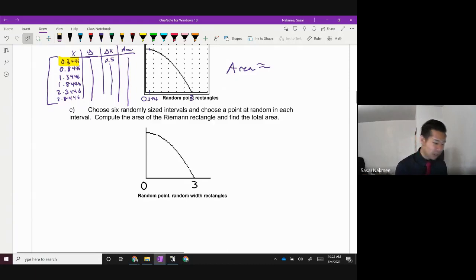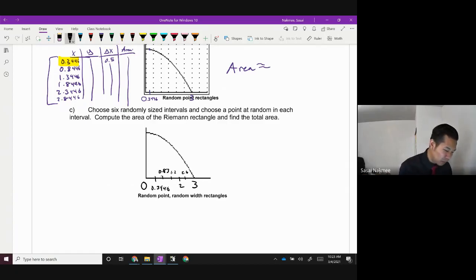For example, David already picked one, 0.3446. That's one of them, and that's going to be the height there. Emily was kind enough to give me another number. That was 2. We can go with that. And 2 would be right here. So I'd need 3 more random numbers, and you get to decide. I would go with maybe 1.7. No, let's go with 0.83. And then this one could be 1.2. And then this could be 2.6. So those are my 5 random points there.